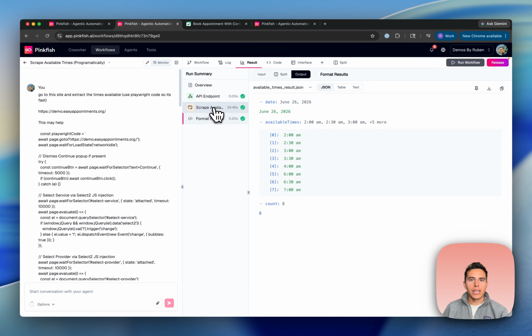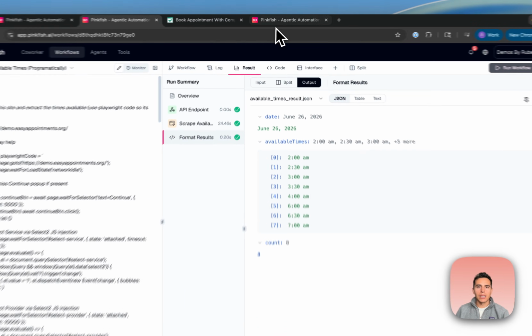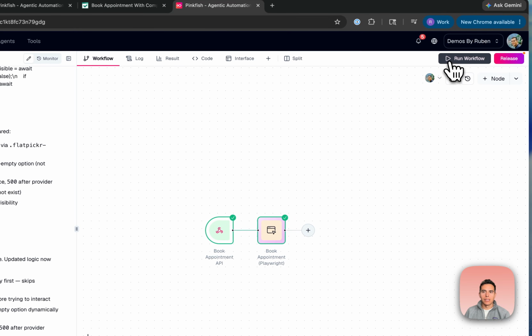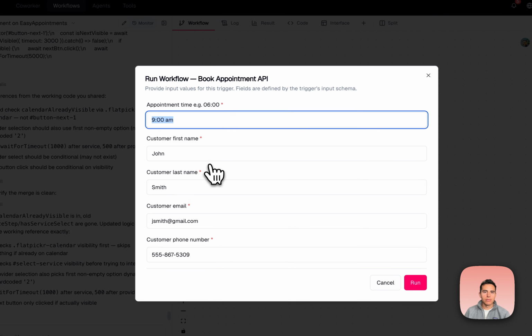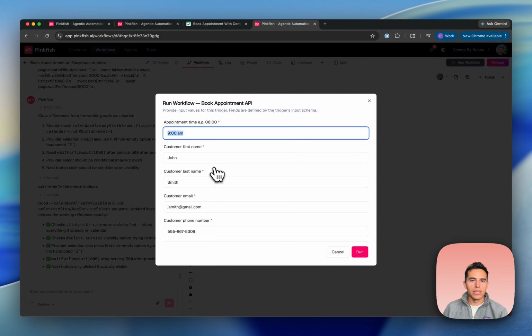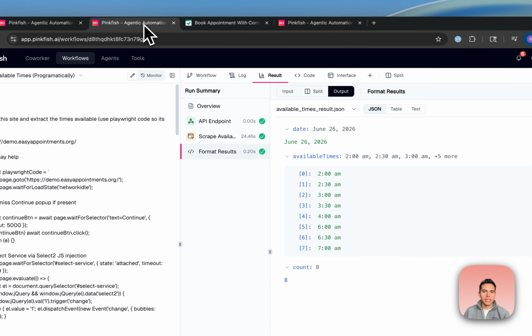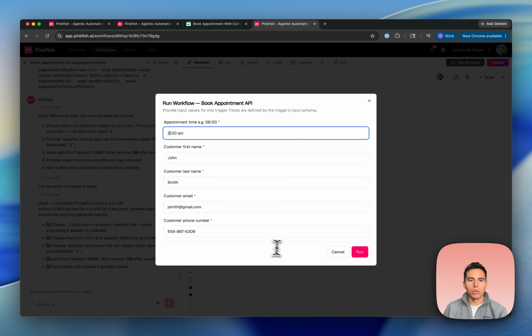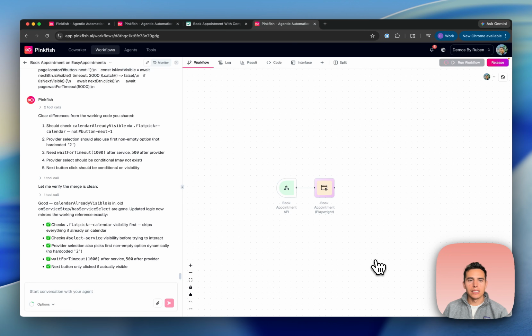So now I want to go ahead and go through this. Say we got our available times. Maybe an agent needed to get available times, and then actually go ahead and book something. So now I have an appointment scheduling workflow here. You can see here, these are the inputs for this workflow. So if I go back and look at the available times, I can select something like 2 a.m. since I saw that was an available time, and an agent could run this or another workflow could run this, but just again demonstrating